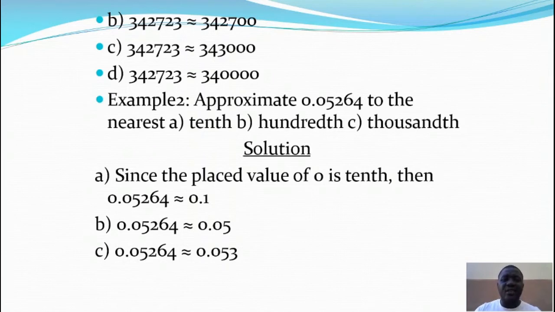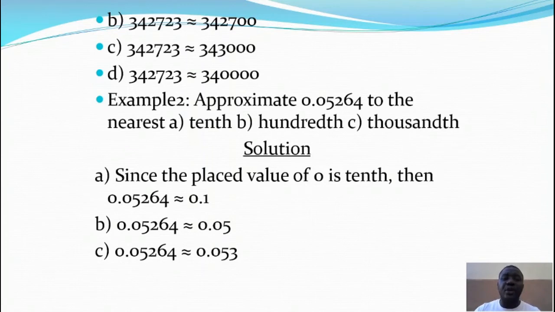Then C, you look at thousands. They said thousands. So in the 1000 position, it is the second 2 that is at the 1000 position. So since the second 2 is at the 1000th position, then we look at the next figure. The next figure is 7. So 7 is among the 1, which is among 5 to 9. So it becomes 1, and added to 2, it becomes 3. So that is why we have 3, 4, 3. So the remaining figures now, we turn them to be